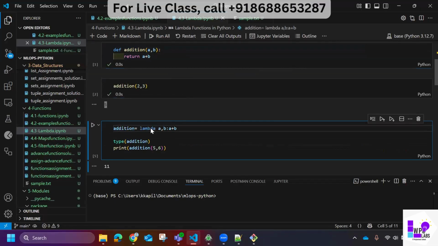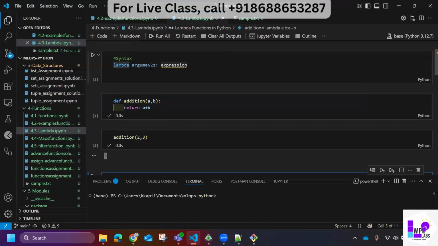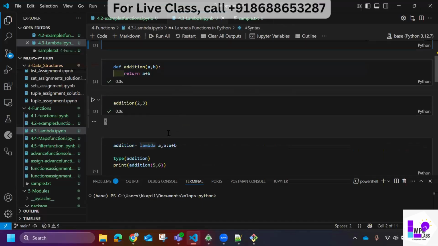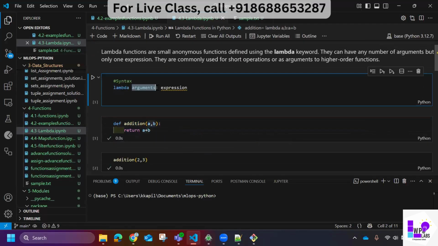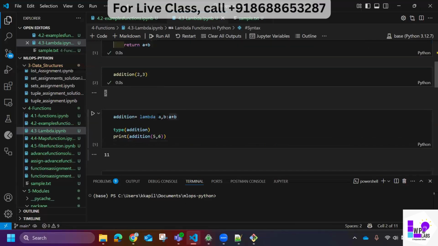I will use lambda as a keyword, then arguments. What arguments do I have? I have a and b. And then what evaluation or what expression do I need to perform? I need to perform a plus b. Arguments colon expression. If I run this,